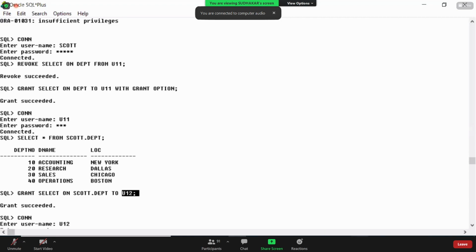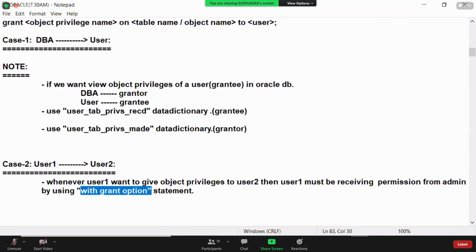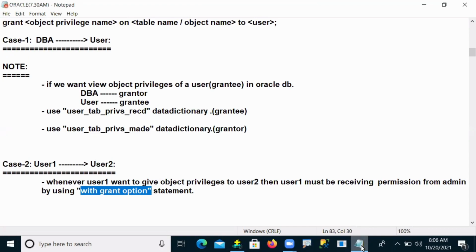So this is what we call, guys, user to user and admin to user: how we can give object privileges. But one point should be remembered: whenever user one wants to give permissions to user two, the WITH GRANT OPTION statement is mandatory. Without this statement, if a user has received permissions from the administrator, then that user doesn't have any right to give permissions to other users.